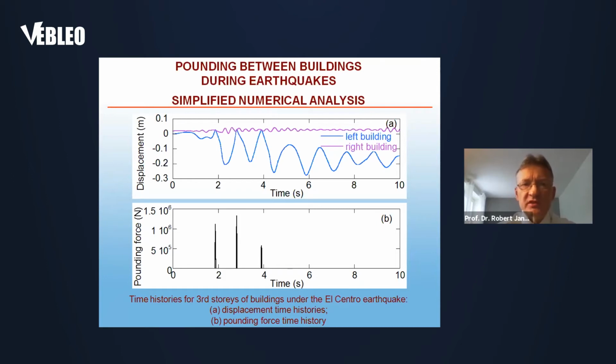Here we can observe some examples of the results. The first graph shows the displacement time history for 2 colliding buildings, also for the Centro earthquake. It can be seen from this graph that in the case of the left building, which is flexible and lighter, pounding was really very catastrophic, because after the third collision, it resulted in permanent deformation of the structure. On the other hand, we do not see any major changes in the response of the right building, which is stiffer and massive. We can see on the lower graph that in this case, we could observe only 3 collisions with relatively large pounding force values involved.